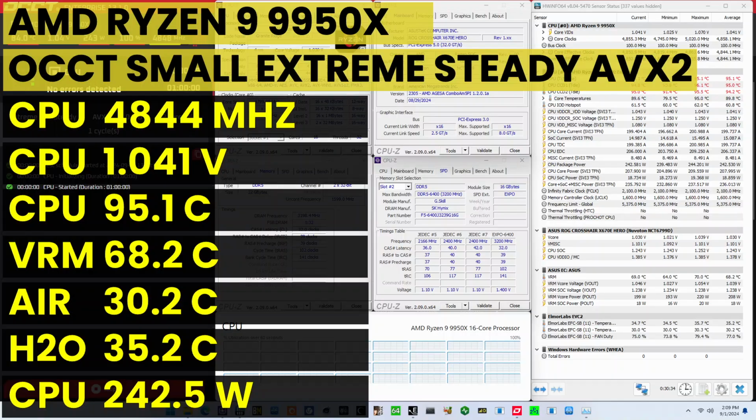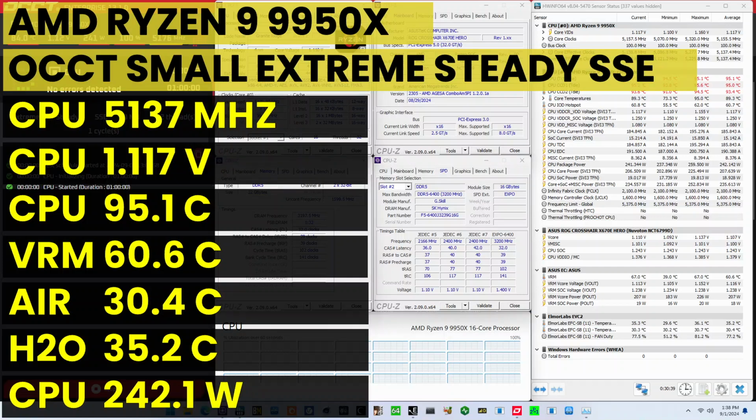When running the OCCT CPU AVX2 stability test, the average CPU core effective clock is 4,844 MHz with 1.041 volts. The average CPU temperature is 95.1 degrees Celsius. The average CPU package power is 242.5 watts. When running the OCCT CPU SSE stability test, the average CPU core effective clock is 5137 MHz with